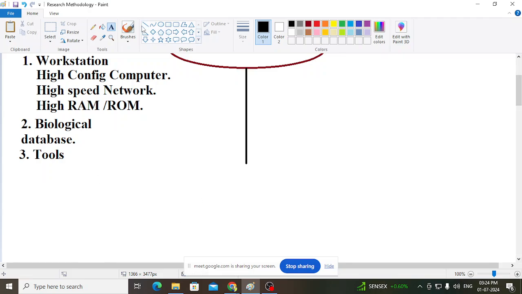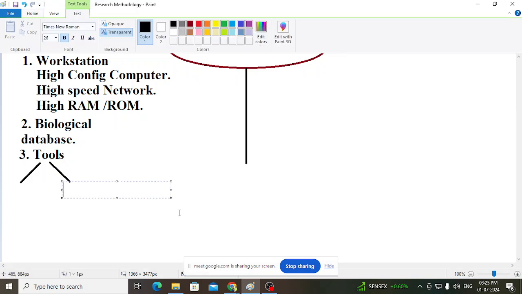These tools are basically of two types: either server based grid computers,